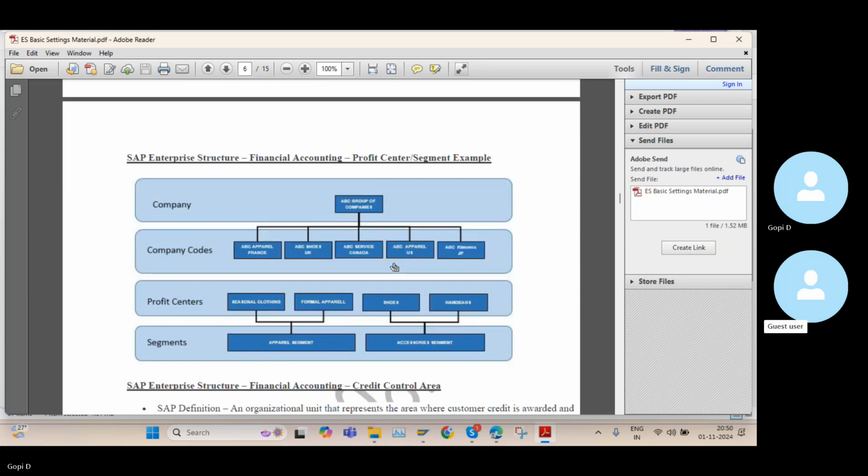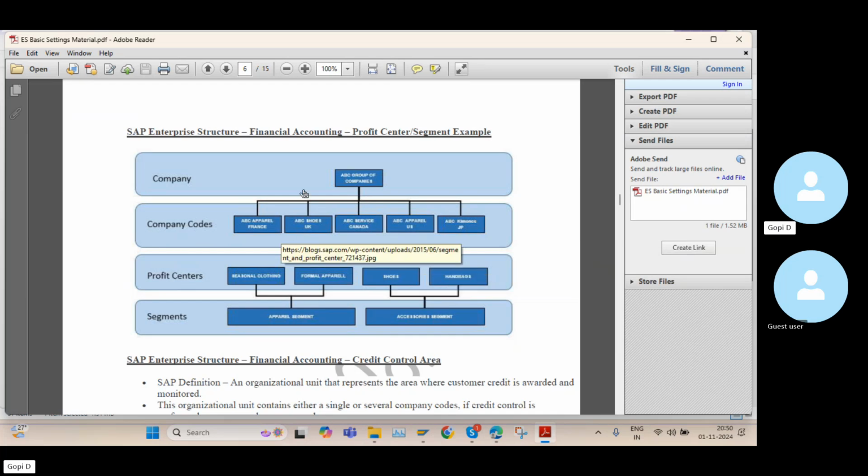And some more things: under the company we have company codes, and under the company codes we will maintain the segments as well. A segment is nothing but, based on the business functionality, we divide the segments, and under the